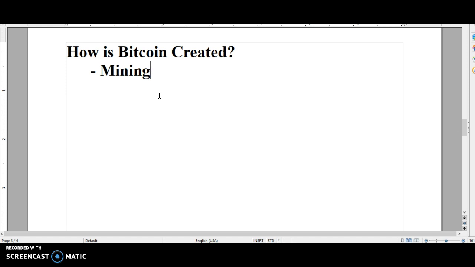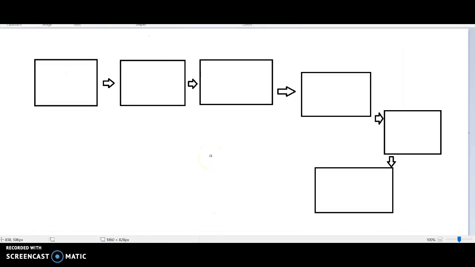But just to give you an idea, if you're totally new to Bitcoin, you're like, wow, what is this all about? How is it created? What is a Bitcoin? Where does it come from? Sort of thing. Then take a look at this diagram. This is my very simple version of a blockchain. As you can tell, I'm not the most technically advanced person in the world anyway, but the basics of a blockchain is this. Bitcoin comes from mining, but mining is basically miners or computers or people who are using computers